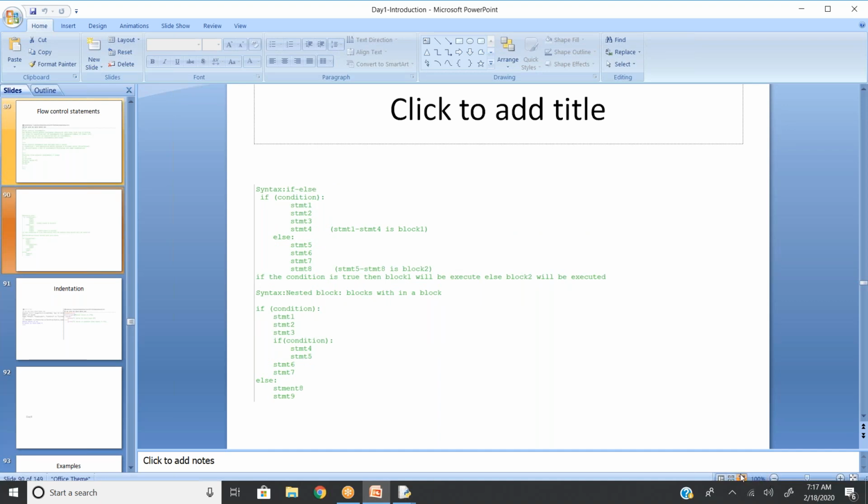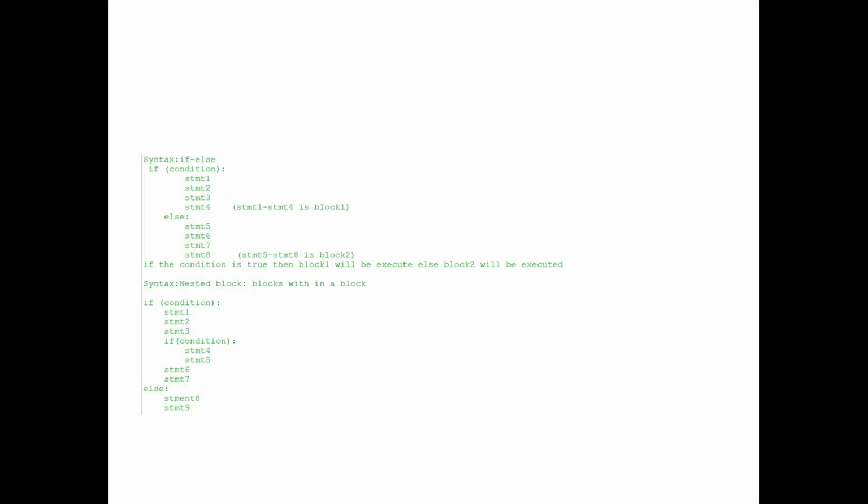The if statement works similarly to Java and C. In the syntax for if else, if the condition is satisfied, that is true, statement 1, statement 2, statement 3, and statement 4 are executed. If the condition is false, the else block is executed: statement 5, statement 6, statement 7, and statement 8.